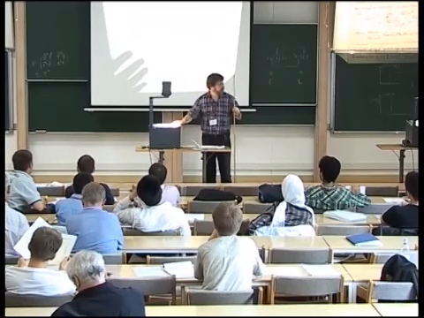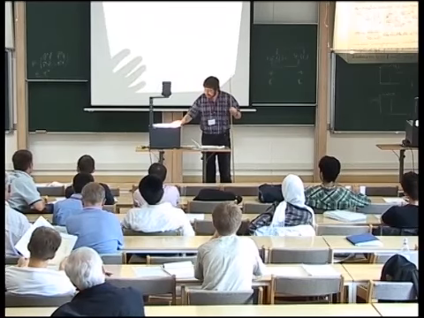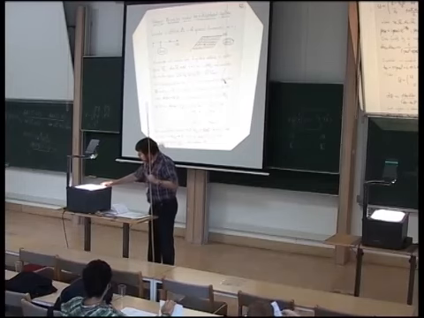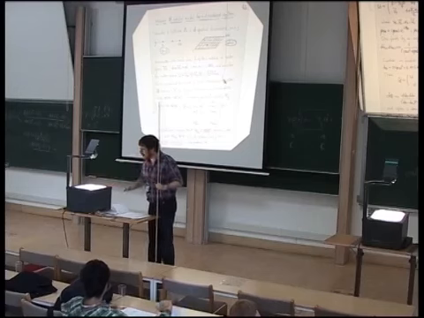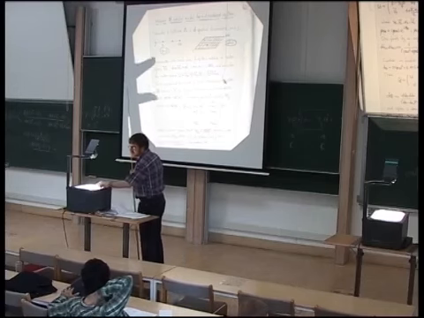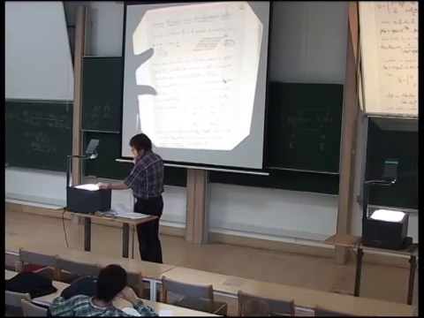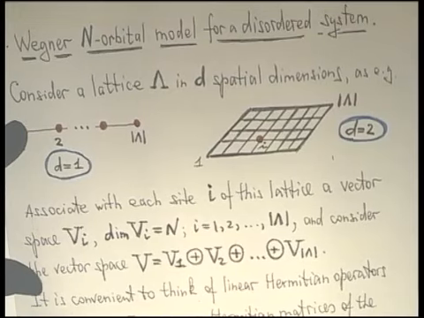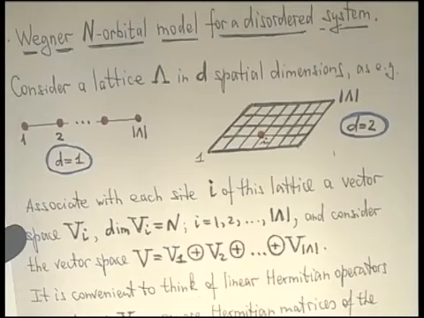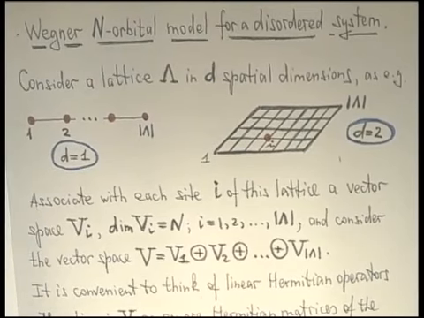And now I consider, using the knowledge that we have, how we apply all this to extract some information about disordered systems. The idea goes back to Wegner and has the name of the Wegner N-orbital model. It is an inherently simple, but on the other hand, profound construction. Namely,